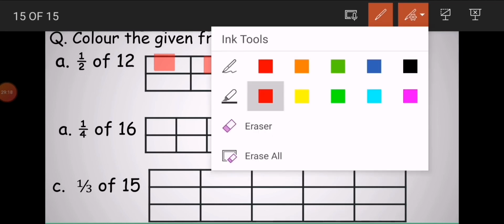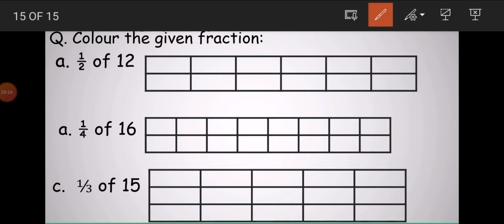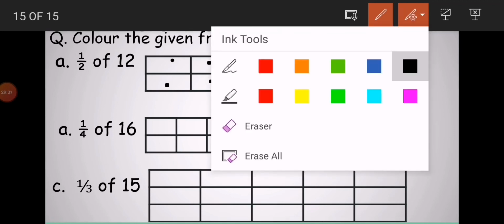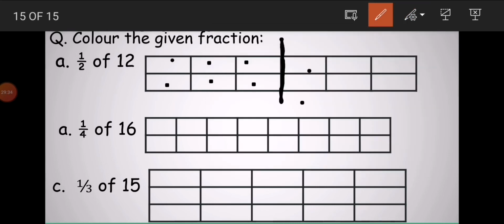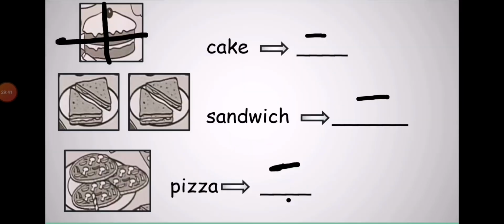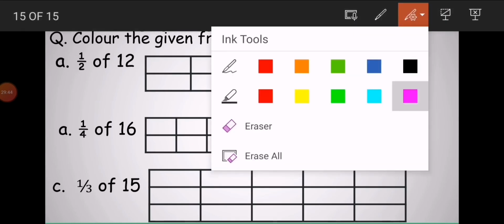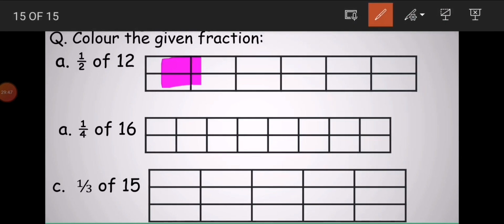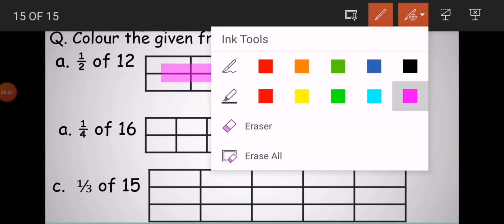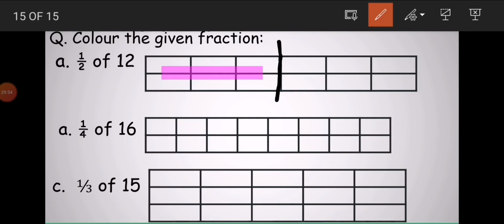And there is another way to color it. We can count 6 in that way also. 1, 2, 3, 4, 5, 6. This is the half. Half here. 1, 2, 3, 4, 5, 6 here. So you color that only in any half. So you can color this half. Let me color it neatly. That half, 6. Right? These 6 boxes. So this is the half of 12.